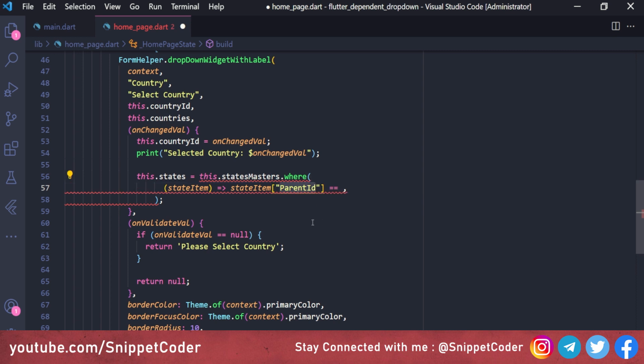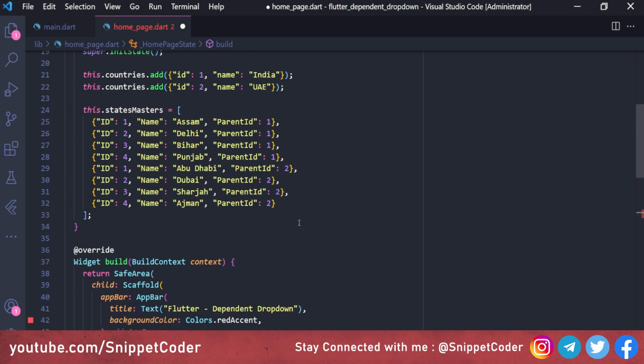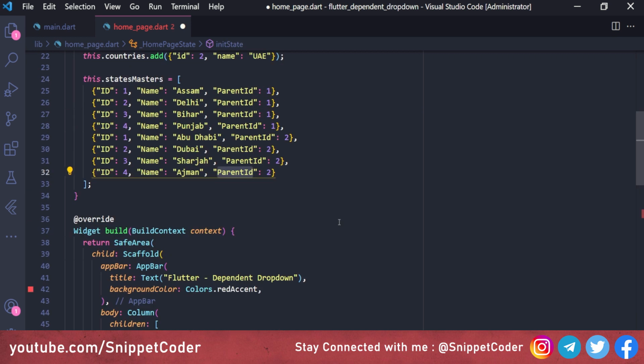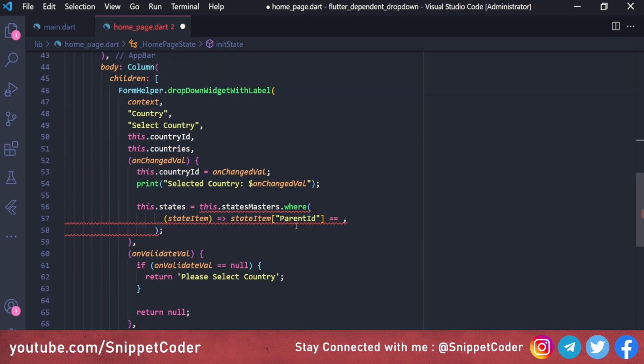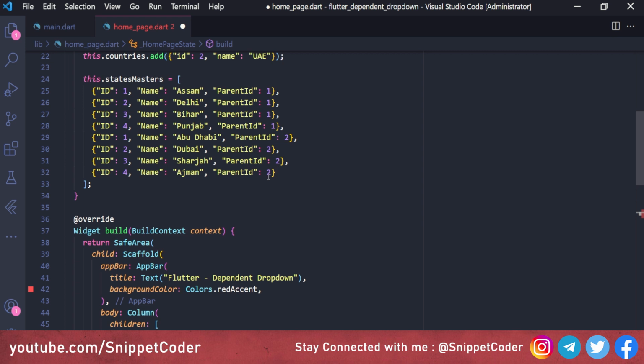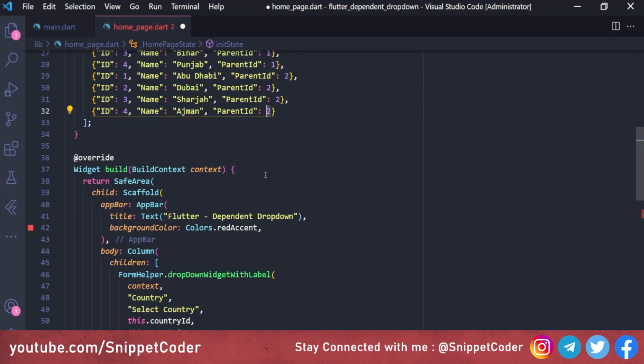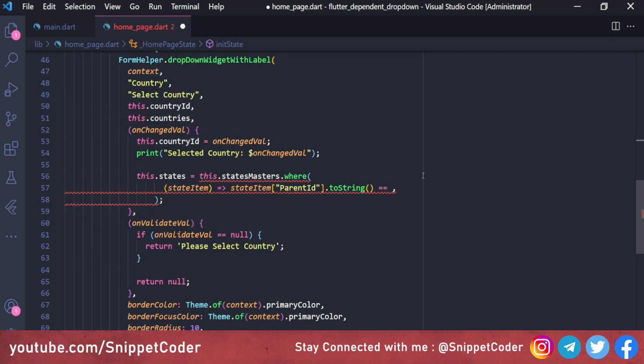and we have to make sure the parentID variable name is the same one which we are using in our array, and this is the same. Just for confirmation we will copy it here and paste it here, and we will put toString. So in case we are putting it in a string or a number, we will make sure we are using the same variable casting. That's why we are putting toString. And here also in the onChange value, we will put onChangeValue.toString.